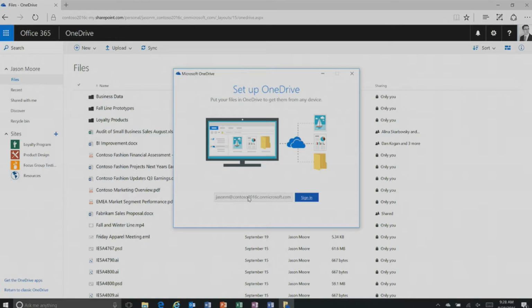Now you'll notice there's something a little bit different about this experience. In this experience, the web client was actually smart enough to pre-populate an email field directly into the OneDrive setup wizard. And you'll notice that I actually can't change that. So I'm only going to be able to sign in with that account, which is great, which is what you'd want. And so when I hit sign in,